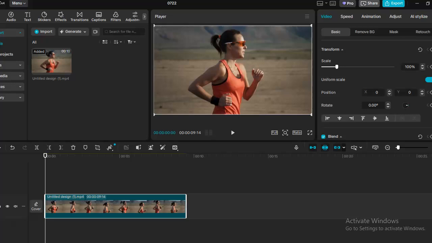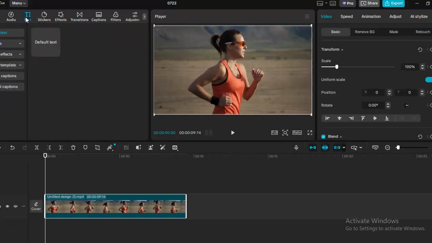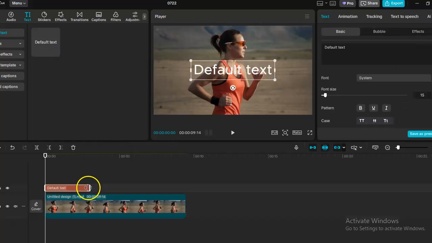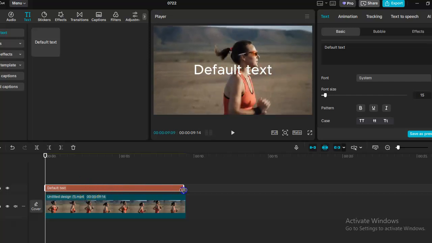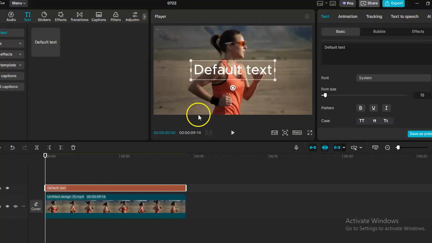Okay, how to make text reveal in CapCut. First, just add the video to the timeline and then click text. After that, click the plus icon. And here you can adjust the text to match the clip, and here you can type your text,